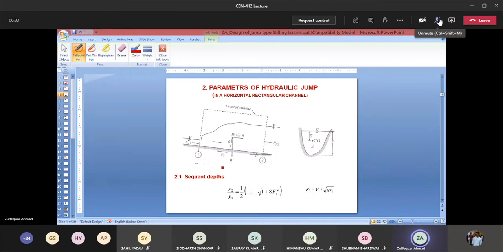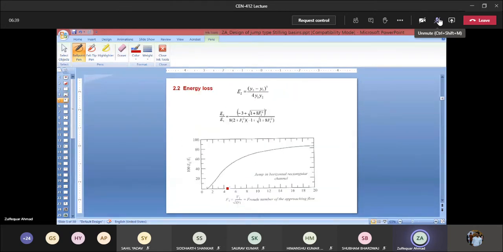So you have this hydraulic jump sequent depth relationship, right? I'm not going into the detail. The energy dissipation, right? So in the classical hydraulic jump, you have this energy dissipation. That one I had already written. You can write that one in terms of the Froude number, and this one is interesting to see, right? How the energy dissipation is varying with the incoming Froude number, right? You can see here the rate of increase of the dissipation of the energy in this part is very high, but once this F1 increases, then the rate of the dissipation of the energy decreases, right?